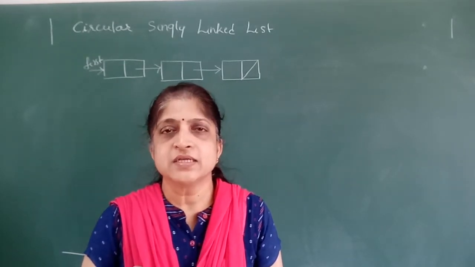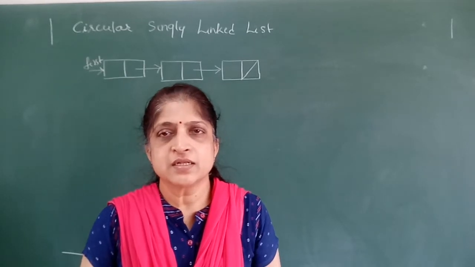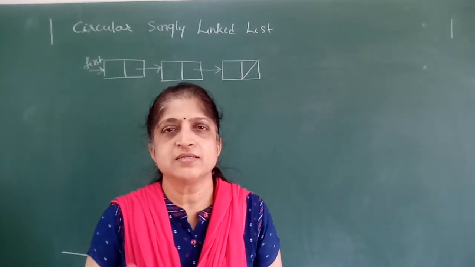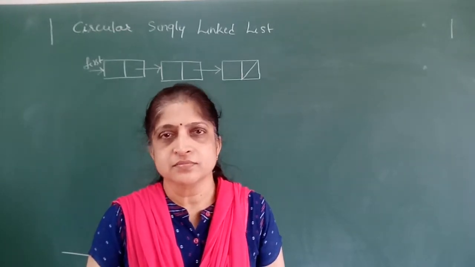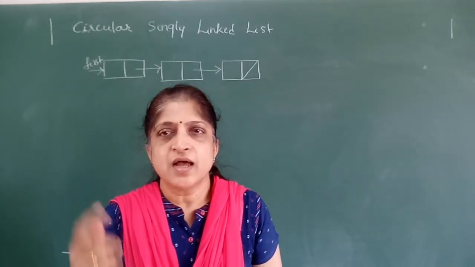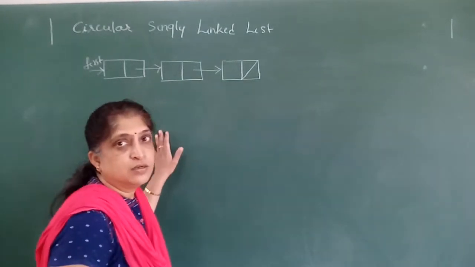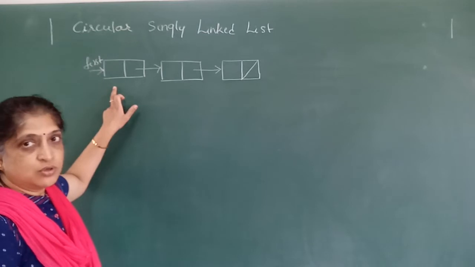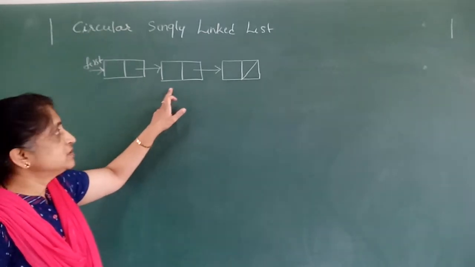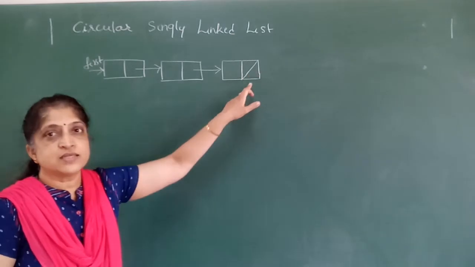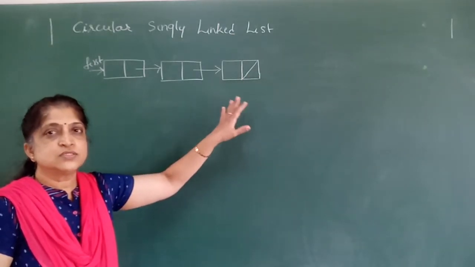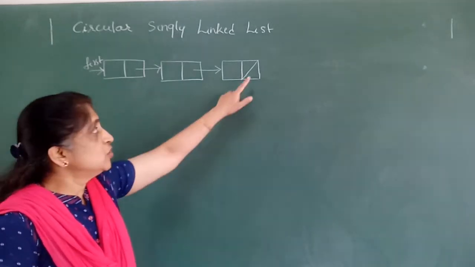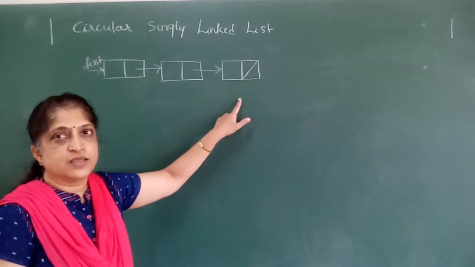We all know what a singly linked list is. Singly linked list is the one where every element is represented as a node and every node has a data field and a pointer to the next node. I have drawn a singly linked list on the board here. We have an external pointer, first, pointing to the first node, and the first node is pointing to the second node, and the second one is pointing to the last, and the last node has a null in its link field. So this is a singly linked list. In the singly linked list, the last node will have null in its link field.